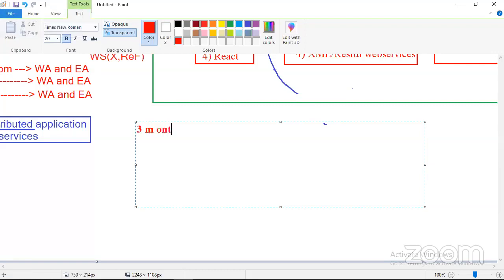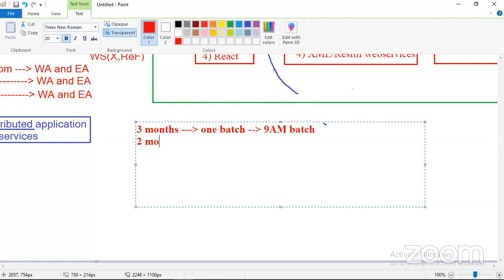If you want to complete the 3 months course, then one batch, the 9 a.m. batch.